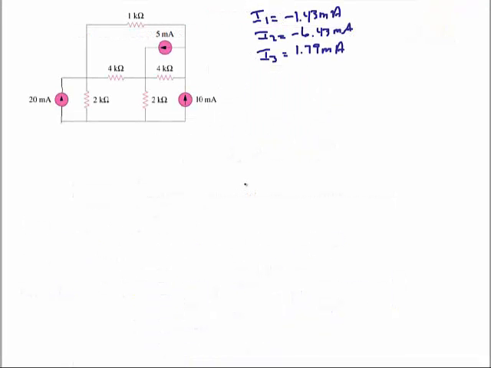Finally, let's find the power associated with the 5 milliamp current source. In order to answer this question, the first thing we have to do is to find the voltage across the 5 milliamp current source. Since the 5 milliamp current source is in parallel with the 4 kilo ohm resistor, they are going to have the same voltage. So that's going to be